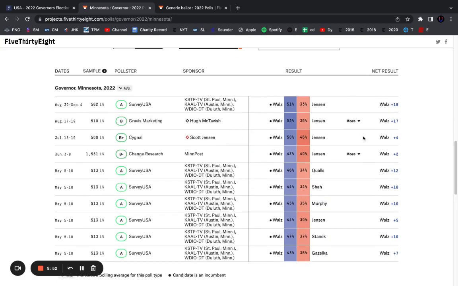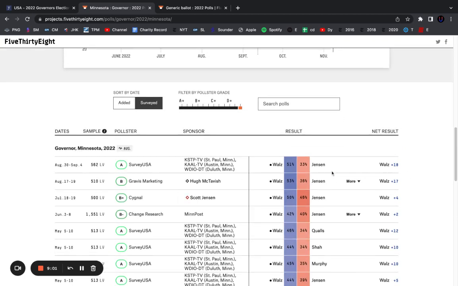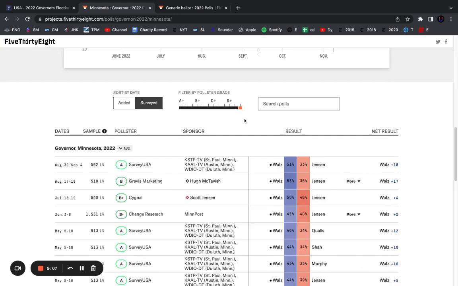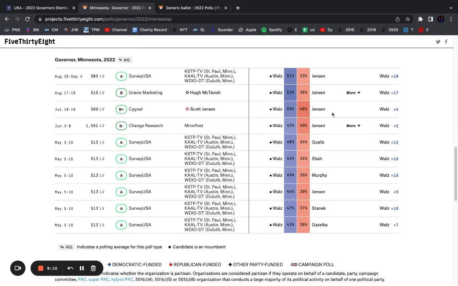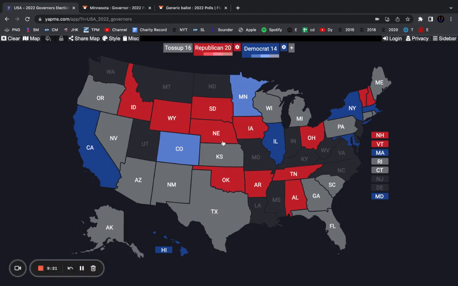And again, when you look at these other polls, Survey USA has Walz up by 18, Gravis has him up by 17. Although this is weird because the independent candidate did an internal poll. It's kind of funny because it showed him at 2% of the vote, but they had 6% of the vote. My bad. But they had Walz up by 17, which is kind of funny. Scott Jensen, who's the Republican, released an internal showing him down by 4, which is kind of embarrassing because that's the best he could get. Then all these other polls had Walz up by a bunch over his other challengers. He's going to be fine. I think he'll win re-election by 5, 6, 7%, similar to what Biden did in Minnesota.